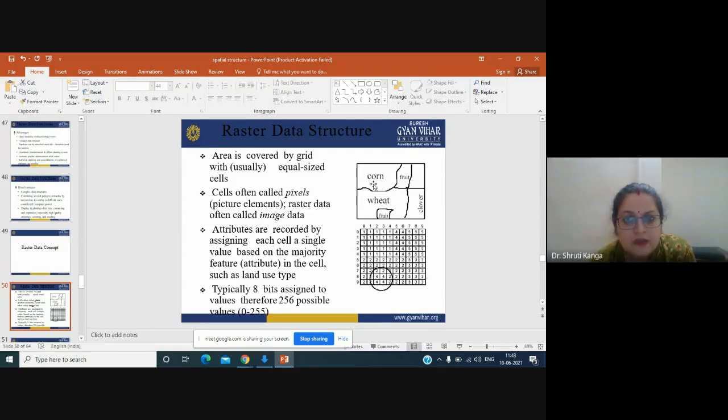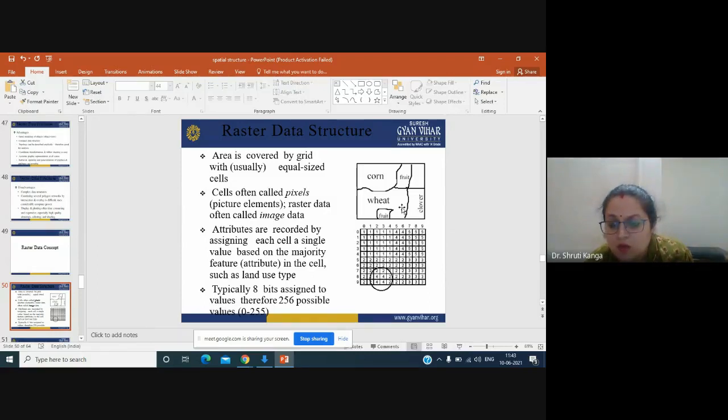So if you see the corn, this is being stored by different pixels, which are stored as a number 1. Second one is the fruits. If you see the coding of fruit, that is 4, and a little bit at the bottom also you can find the fruits. So all the pixels which fall under the fruit category, we have encoded as 4.